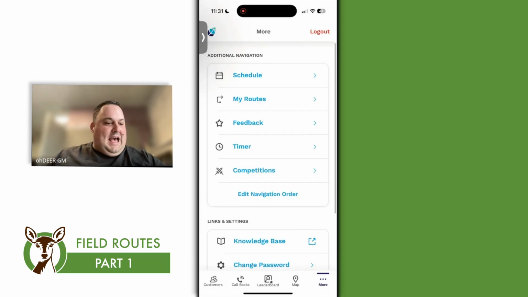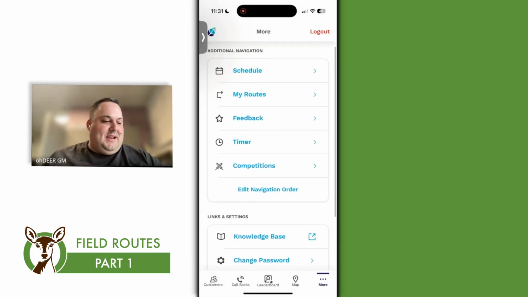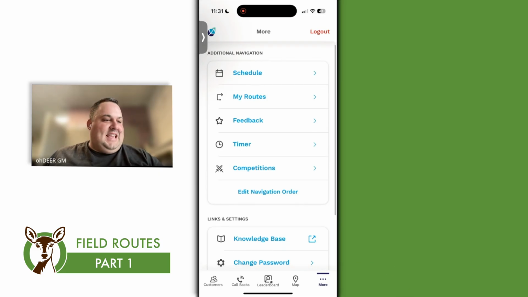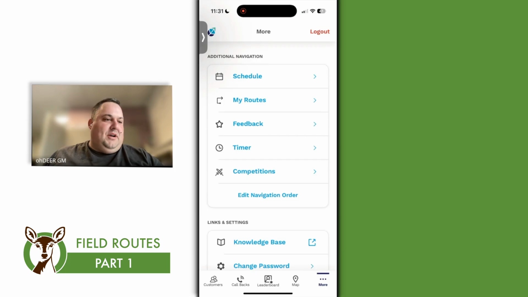When I open up the app, depending on how many permissions you have, you might open to a customer screen or you might open right up to this screen. But either way, you can access this screen by going down to the three dots in the bottom right that say more. The two that we're going to primarily focus on today, and even more so one, are schedule and